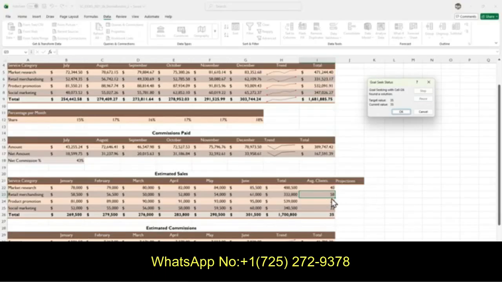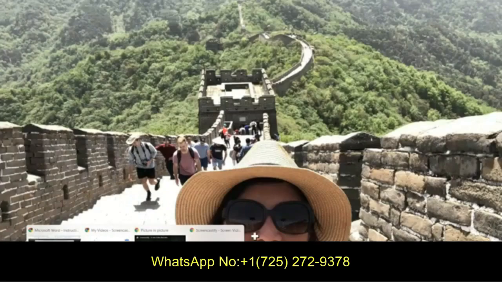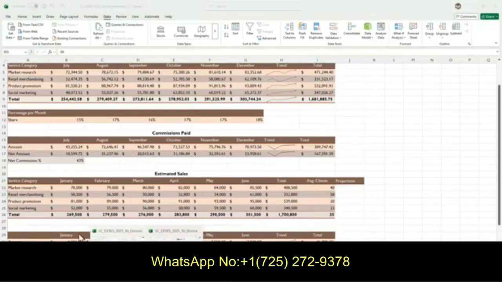Once you find the value, which should be 56, and the total average here is 35, select OK. Okay. So that means this retail merchandising needs to have an average clients of 58 in order to get an average total clients for all the service category.